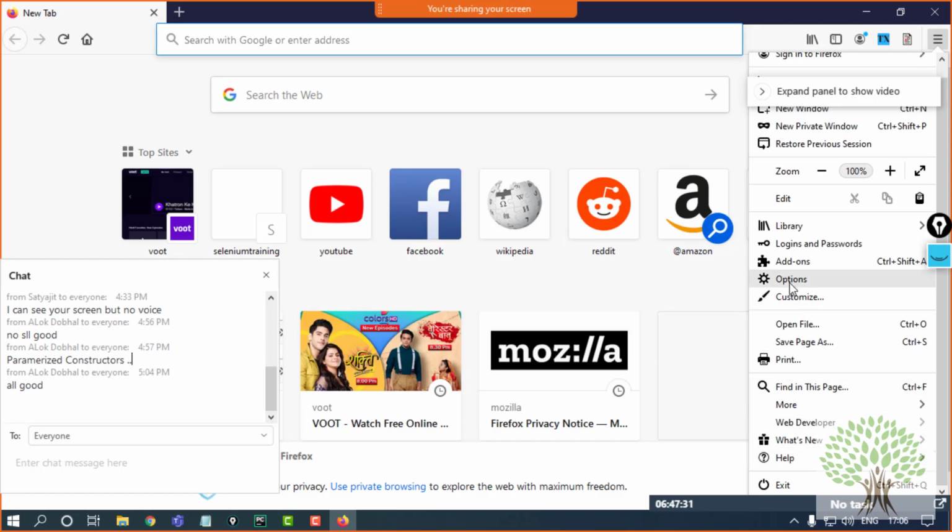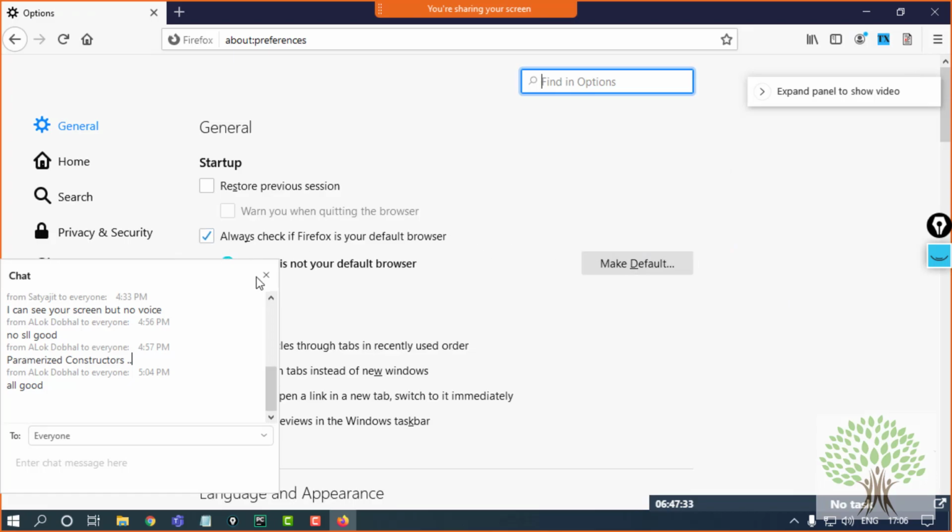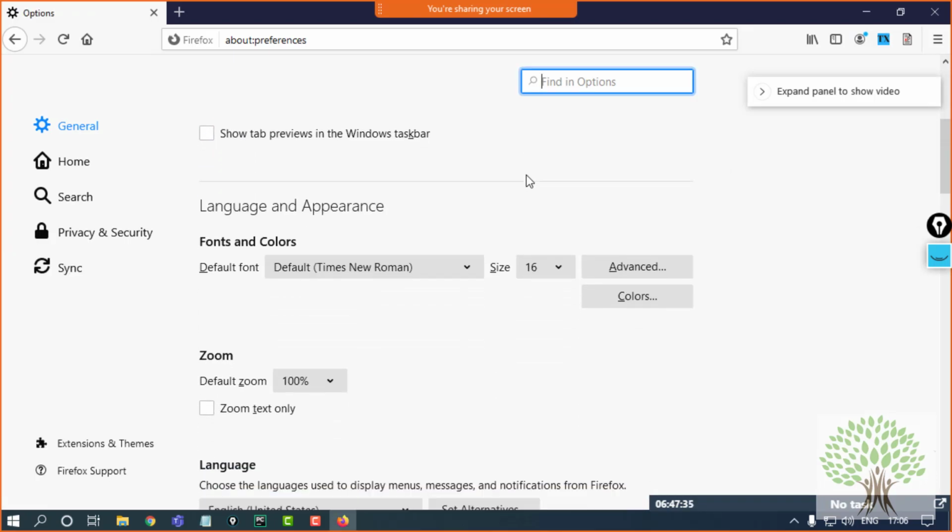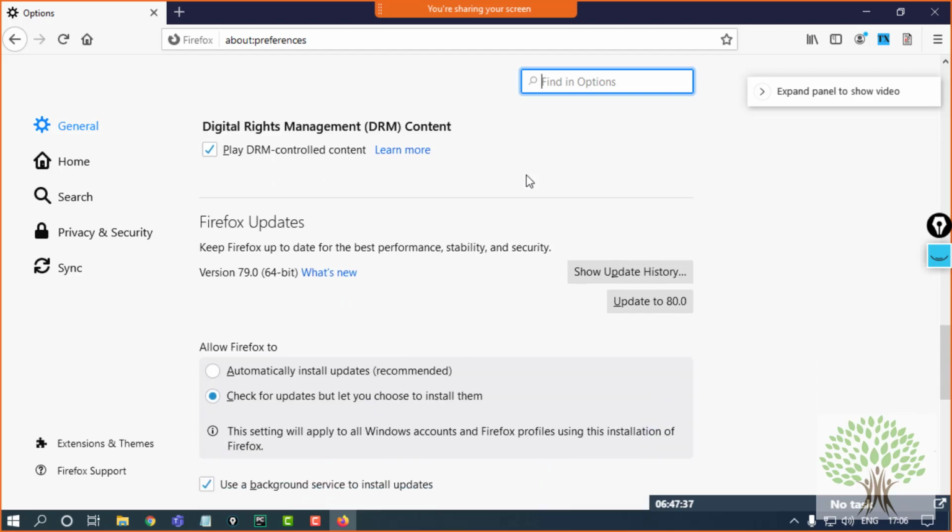So I have to go into the options on my default Firefox, and over here you will get a section of updates, the Firefox updates. Right now the version is 79.0 in my system. There is an update coming up, 80.0, but it has not updated automatically because I have chosen this option.